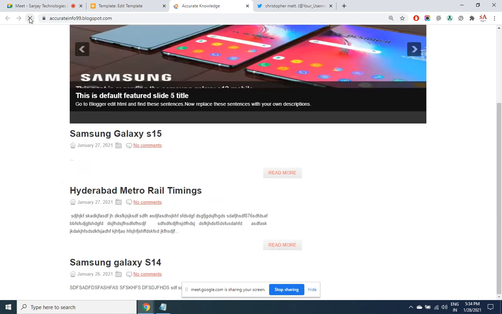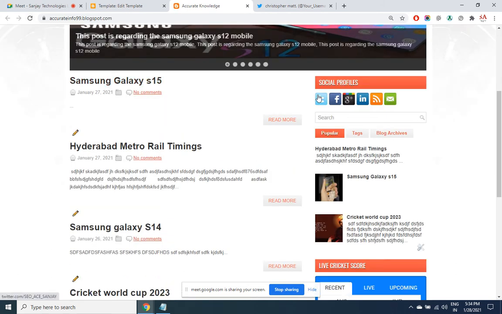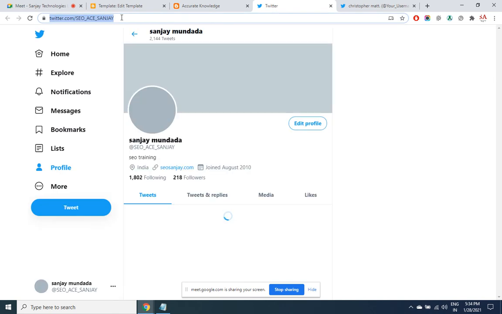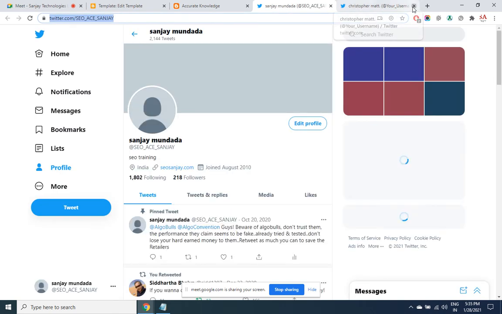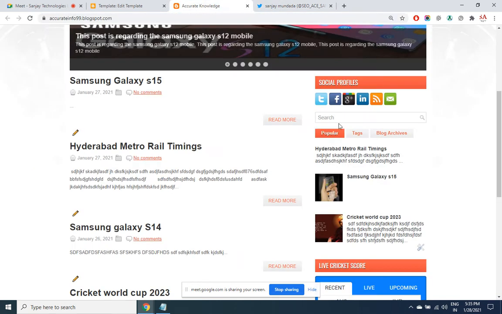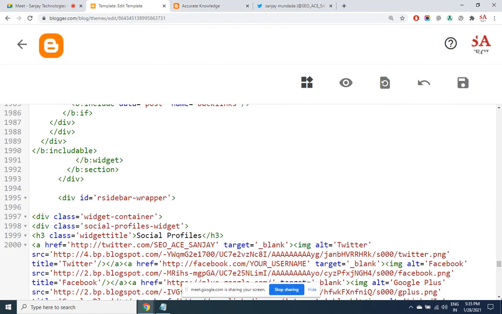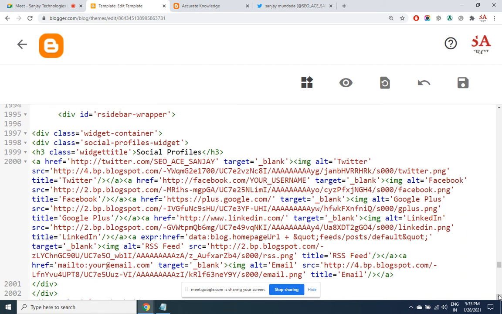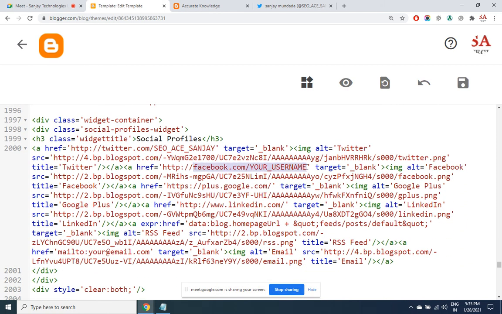Now when I refresh and click on this icon, I see that my profile page is opening up. Okay. So this is the way you need to work with these social buttons. Likewise, you will find it even for Facebook, Google Plus, LinkedIn. See here, all that is within this group of code. In this way, you can provide the links to each of your social accounts.